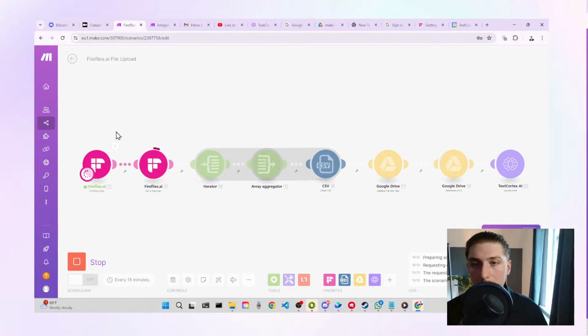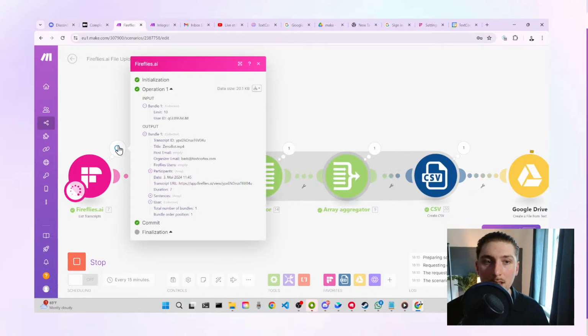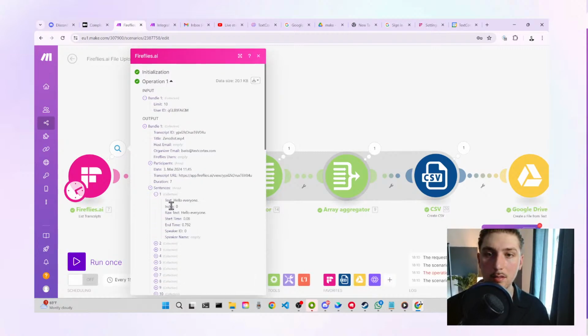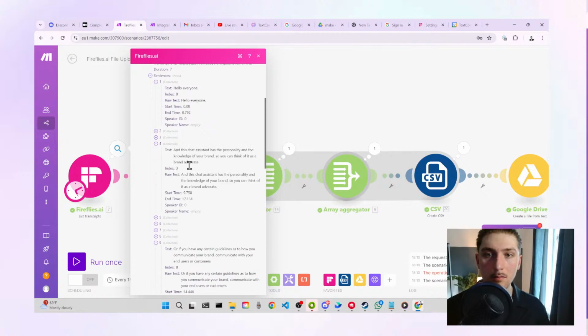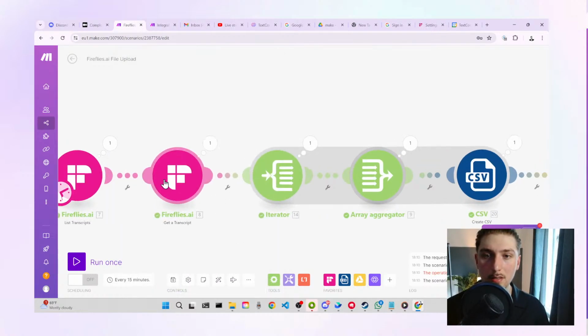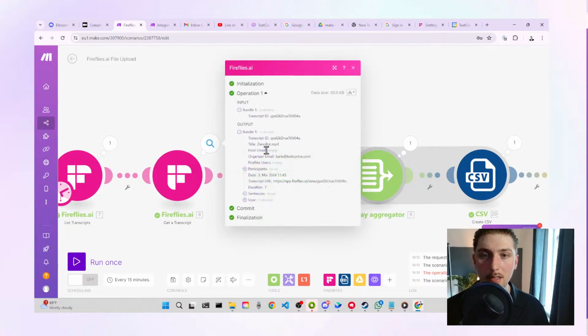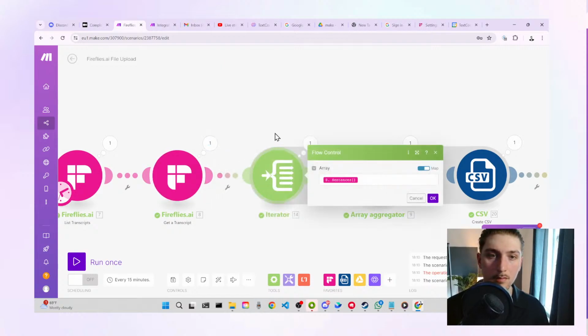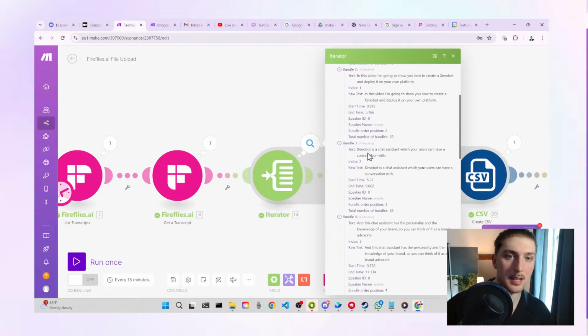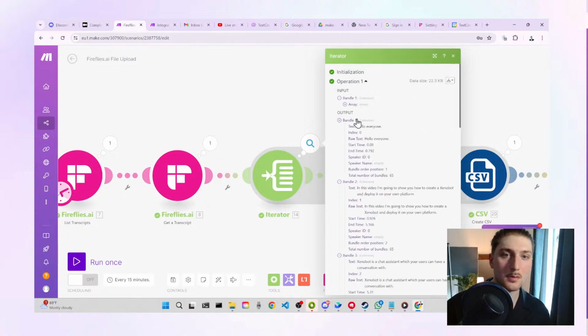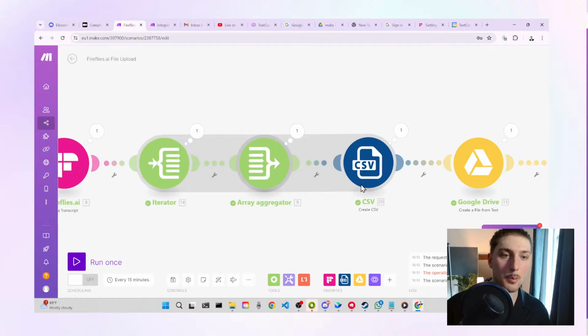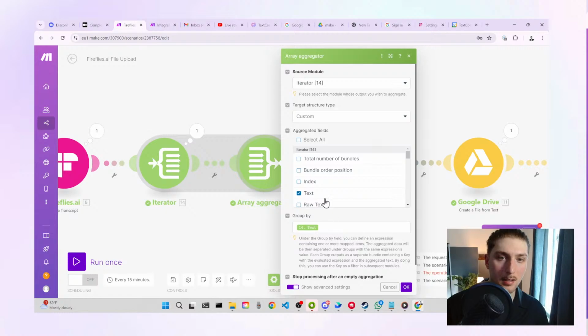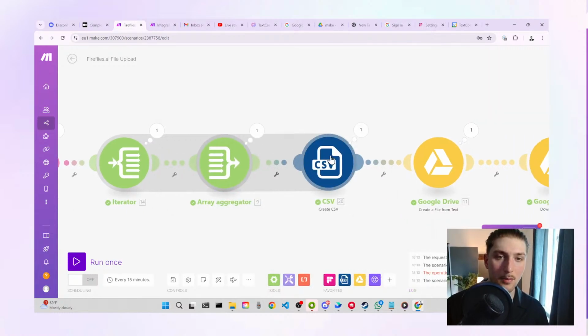Cool. So as you can see here with the first one, it lists the transcripts. Sentences. Yep, it's listed all the sentences. It's got the ID. It's now split this up into different bundles. Now we're going to have to put it back together. So now it's going to split it up, going to put it back together here. And then from here, as you can see,